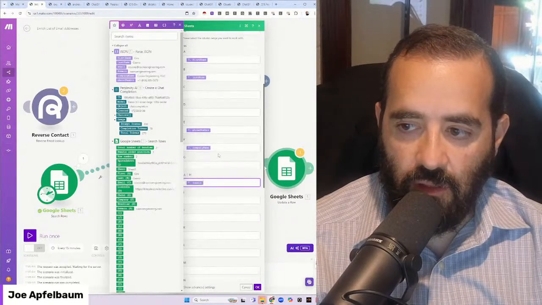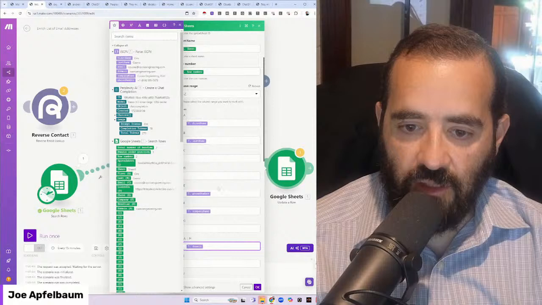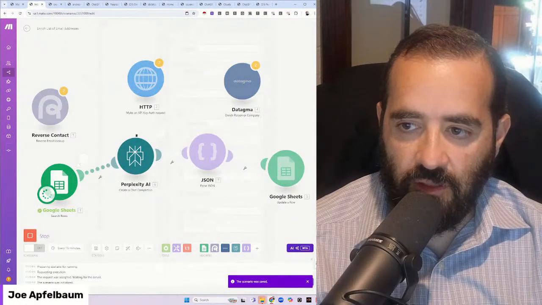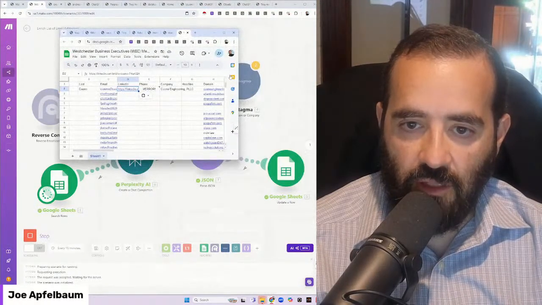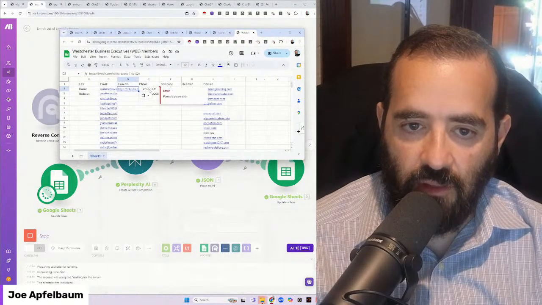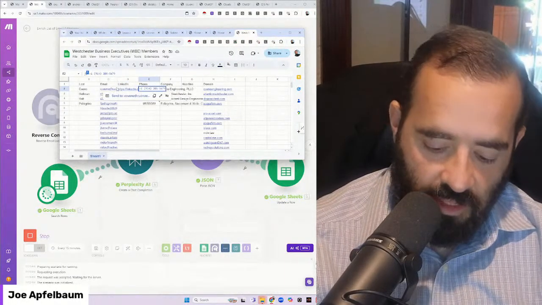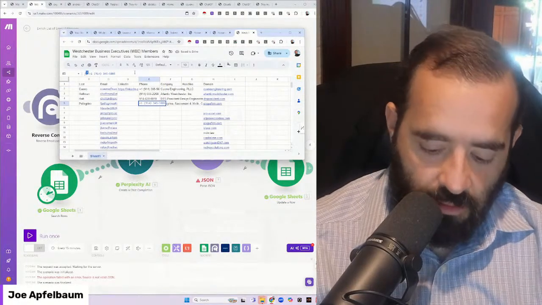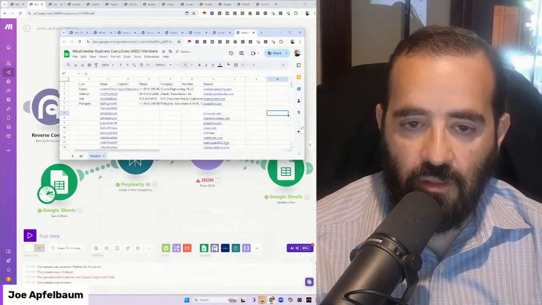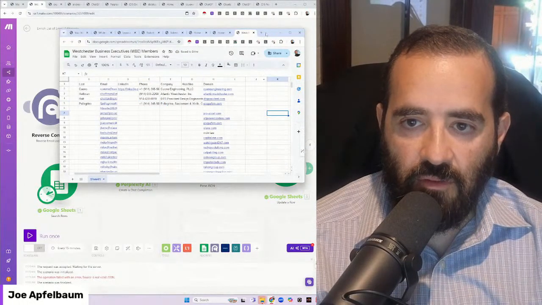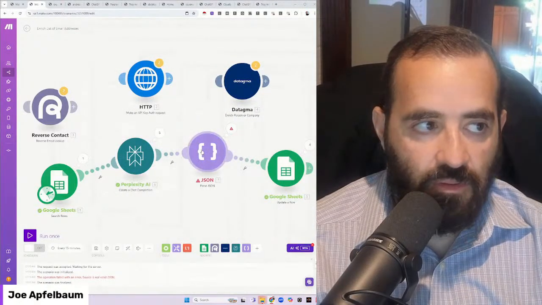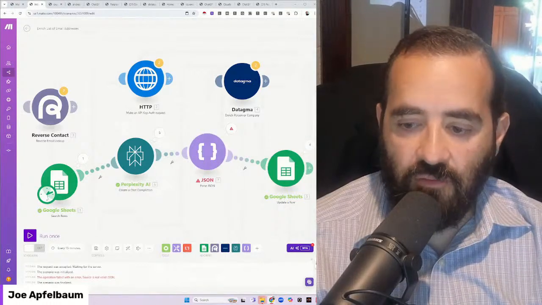Let's see. All right. First name, last name, phone number, company, domain name. Press OK. And now let's hit save, and let's hit run and see what it does. Let's see if it fills it out. Error for phone number. I know why it errored out. It errored out because I need a little dash here. Okay, let me add the dash. I can have the AI add the dash automatically. Well, let's see if it does it for all of them. Oh, it looks like it failed here. But this is really, really cool that you can do this. All right, thank you very much, everyone, for watching this, and I'll talk